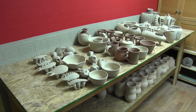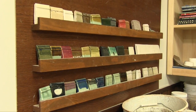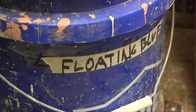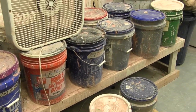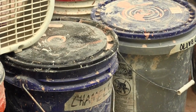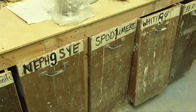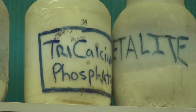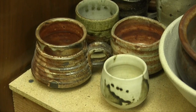And in Kuharik's business, being cost-effective means making his own materials such as glazes. Usually I have them in 5-gallon buckets that we have over here in the back. I can make a glaze for pennies compared to what I can buy online. So if I bought a 5-gallon bucket of glaze online, it might be $140. A local supplier in Pittsburgh that I go to, and they have all the raw materials there, and there's Ohio